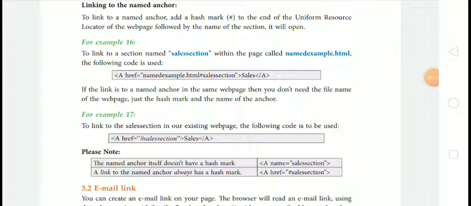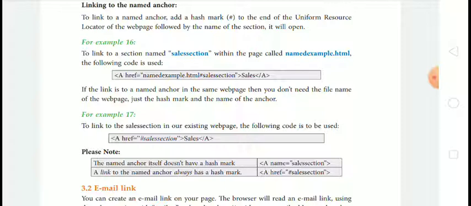For example, to link to a section named cells section within the page called nameexample.html, the following code is used: a href equal to nameexample.html#cells section, and then close the anchor tag.